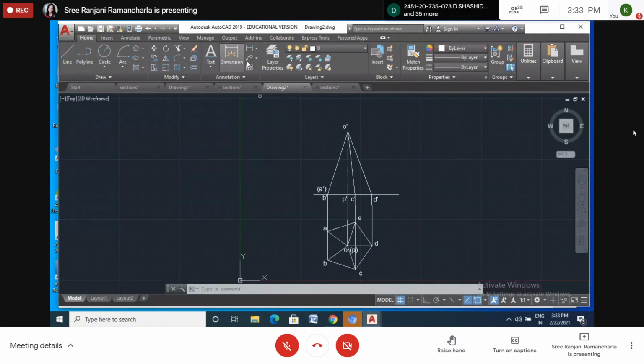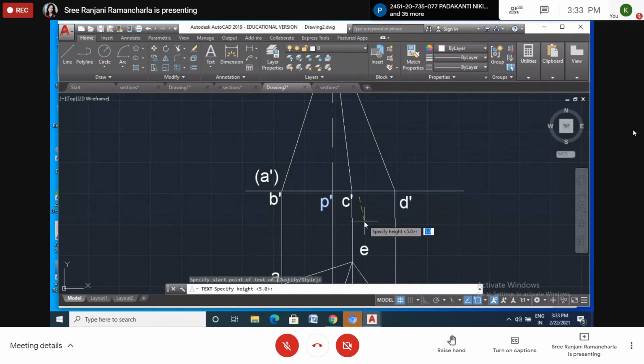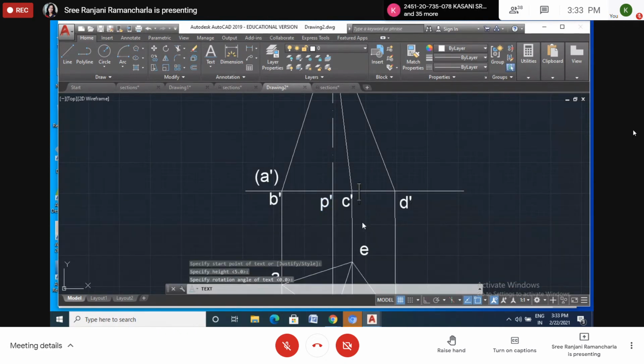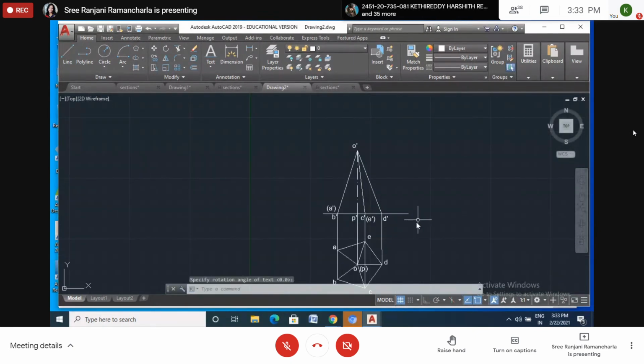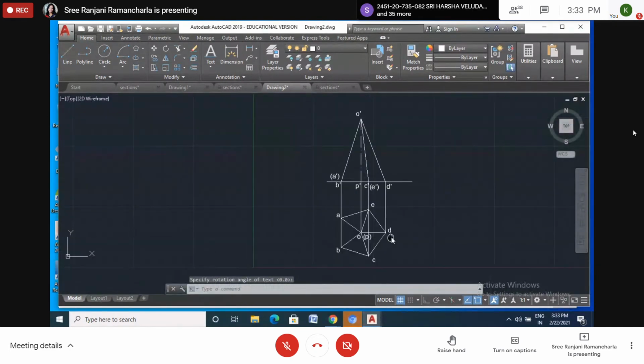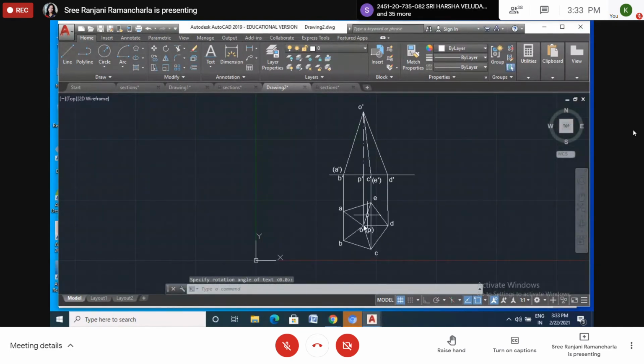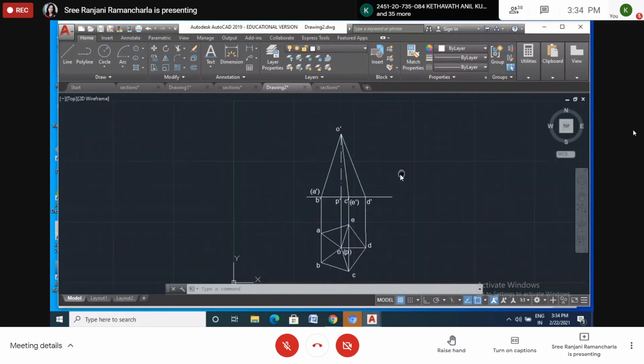Let me write E also here, in brackets E dash. Enter. EO is there. The slant edges CO and EO are both coinciding, so no need to draw EO. Already a line is there. Now it is clear to all of you.